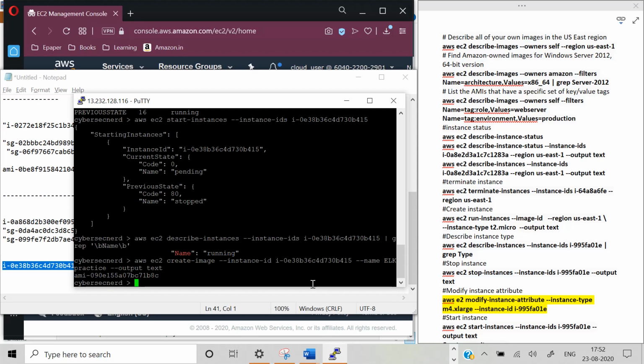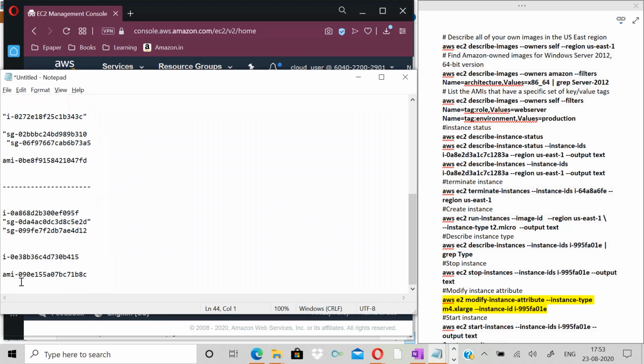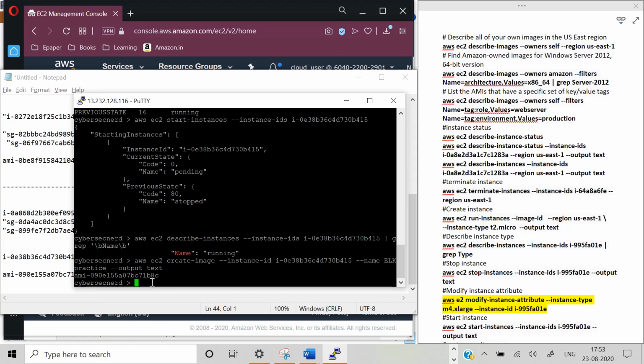So we have created an image from our instance ID, and I will just make a note of it. The next thing we want to do is associate some tags with this particular image ID. We can also associate tags with instance IDs and security groups, and it is a very good practice. But just for the demonstration purpose, we'll associate the tag with the image ID we have created so far. So AWS EC2 create-tags